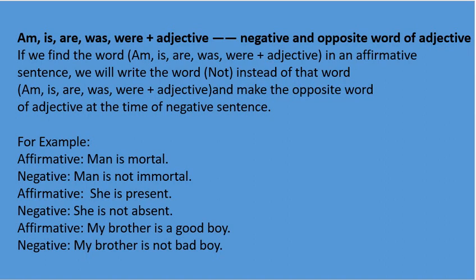If we find the word am, is, are, was, were plus adjective in an affirmative sentence, we will write the word not instead of that word am, is, are, was, were plus adjective and make the opposite word of adjective at the time of negative sentence. For example,